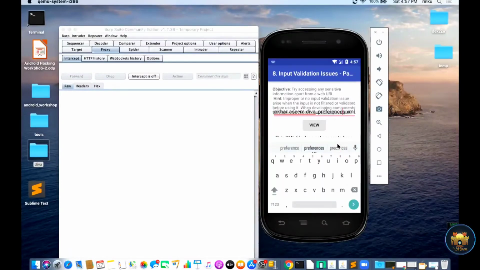Now let me try to access another file which is not related to the application, one stored on the device, using this vulnerability. So I use again file:///data/local/secret.txt.